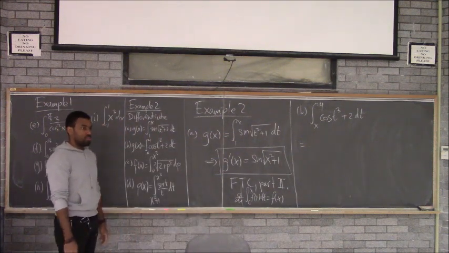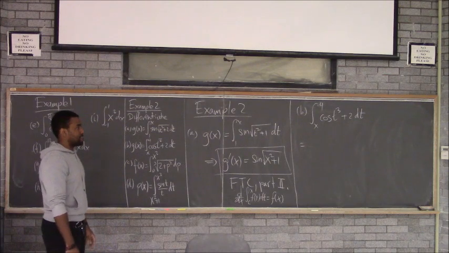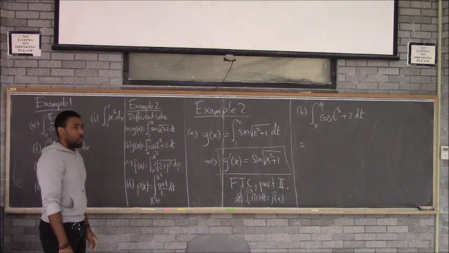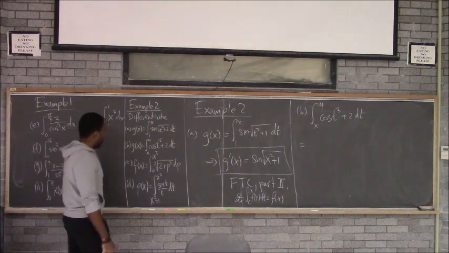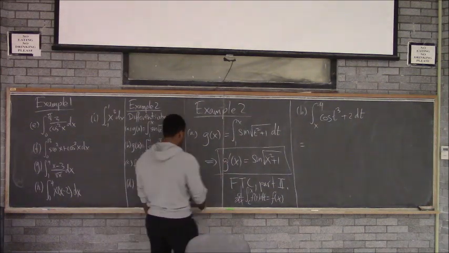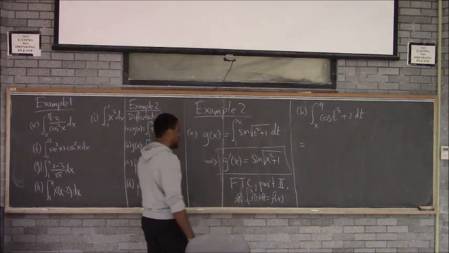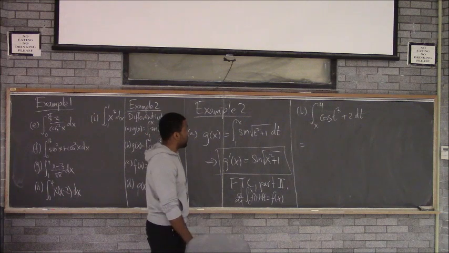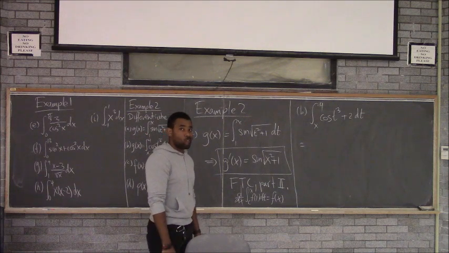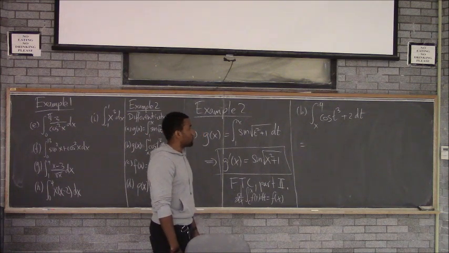You want to do that one? Or just 2. Yeah, exactly. Negative cosine x cubed minus